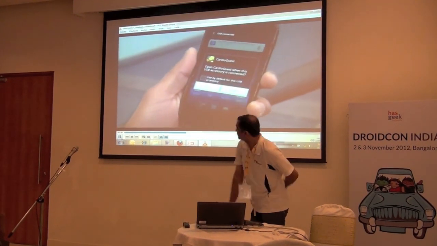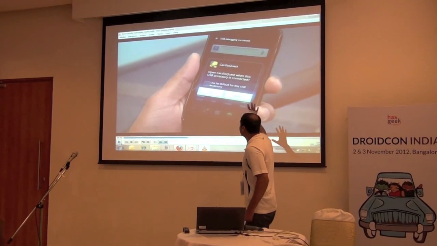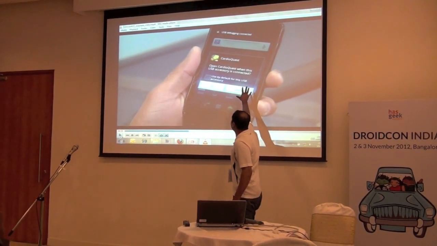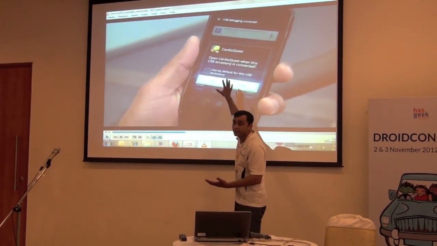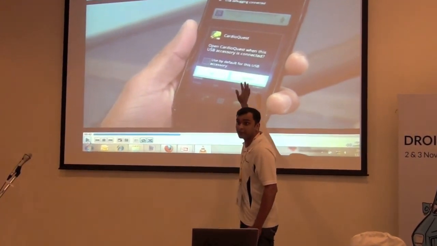It recognizes the accessory. See, when accessory is connected, that exercise machine is connected to phone, it actually recognizes it and it will launch one menu wherein it will show from where to download that app if app is not present to communicate with accessory, or it will directly launch an app if it is present in your phone.